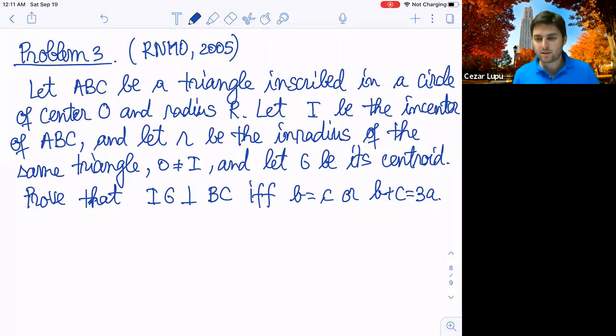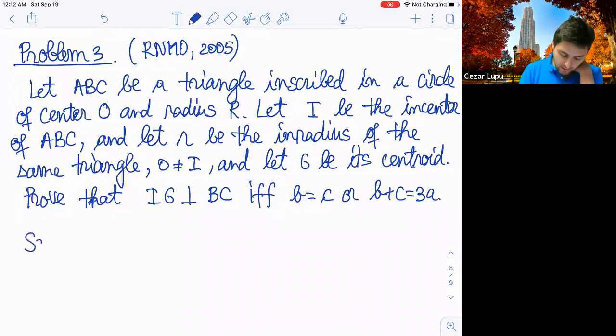At the end of the course, one of the lectures will be devoted to the discussion of the Putnam problems over the last 2 years. And one of the problems given, I think last year or 2 years ago, I don't recall exactly, but for sure it's a very recent problem, is very similar to this one. Basically, it asks what happens if IG is parallel to one of the sides of the triangle. I think it was AB, but it doesn't really matter. The procedure is the same. You can solve this problem without the use of vector geometry. I think the official solution was like that, but I prefer to do it